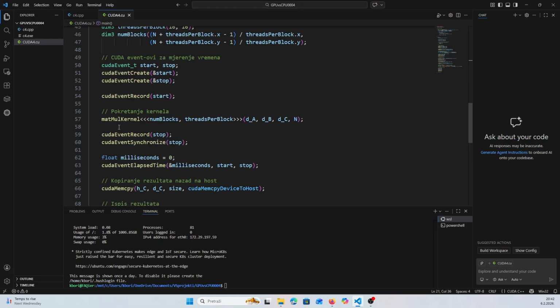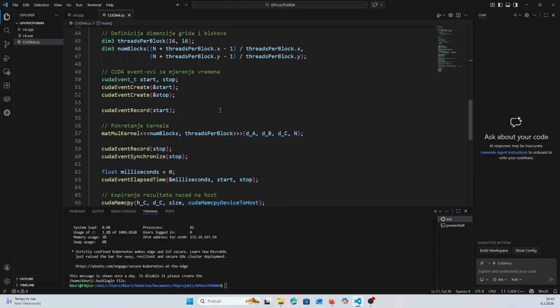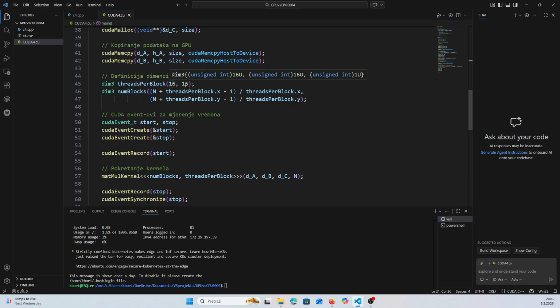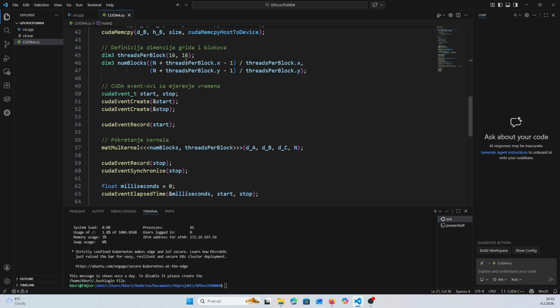Then we are calling the kernel. So threads per block, what do we have here? We define threads per block as 16 times 16. We have two dimensions, x and epsilon. I'm not sure whether this is x or epsilon, but there is one video, in Serbian, which talks about this. So 16 times 16 is 256, the number of threads inside one block, and the number of blocks is